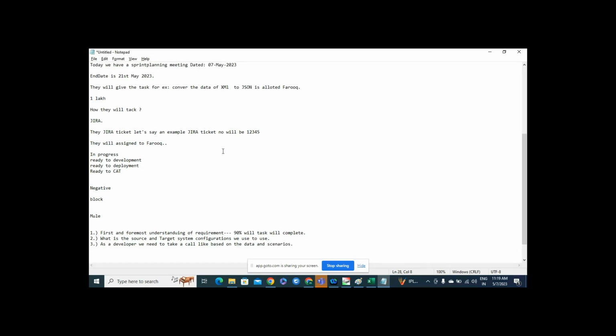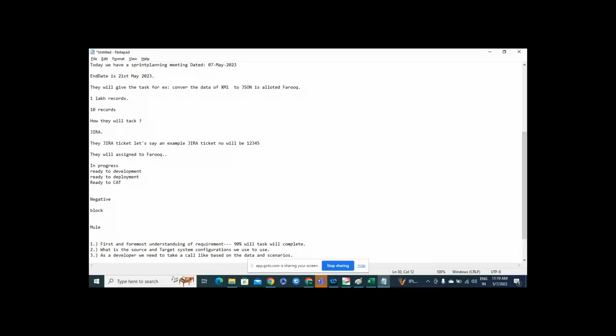Next, one more thing. Do you need to send 1 lakh records at a time to the target system, or is there a requirement to send 10,000 records at a time? For example, he's telling 10,000 records at a time because 1 lakh records is a very huge volume. Sending that at a time may cause performance issues, and it's also a burden. The third thing we need to understand